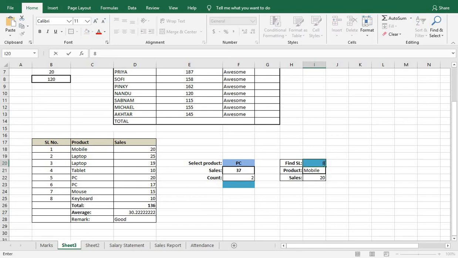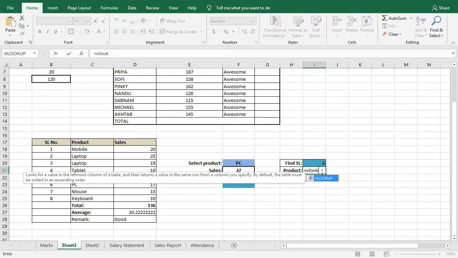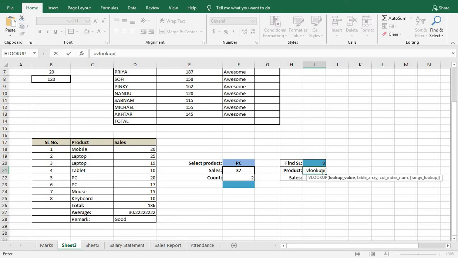Serial number 8, keyboard. Alright, I believe it is clear. Let me repeat this step. Let me delete the functions and write once again. Okay, equal to VLOOKUP, open bracket, select the lookup value, that is